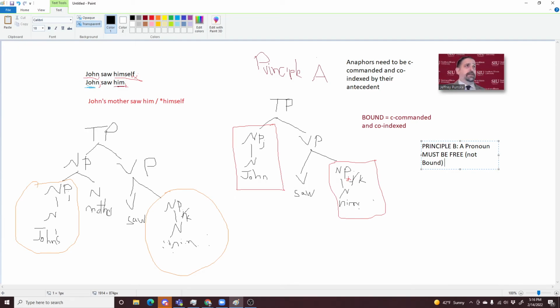So examples of these are sentences like John thought that Mary said he should leave. So that he is going to be in a co-indexation relationship, so it's going to be bound by John. But it has the same properties as him. Obviously, himself is not allowed,